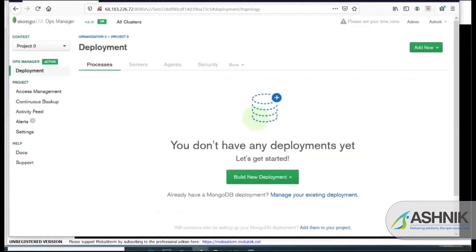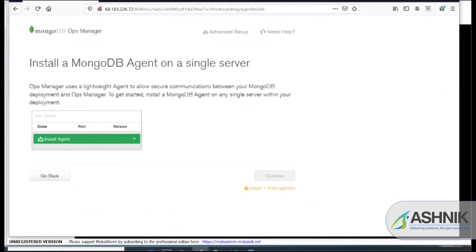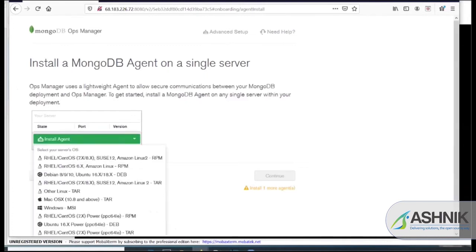So this is the home screen of our Ops Manager. Let's go and deploy. I'm going to deploy my existing replication. Once you click, it will give the screen to install your MongoDB agent.